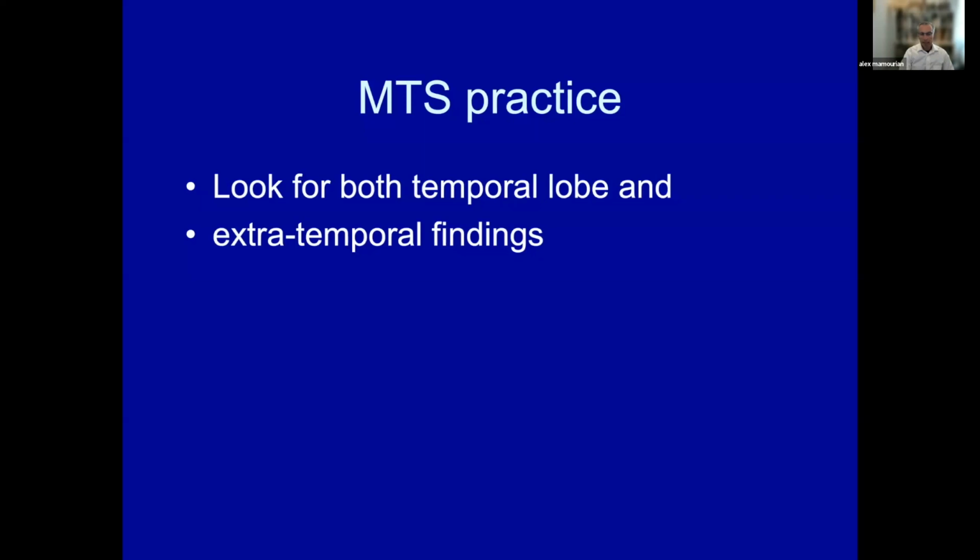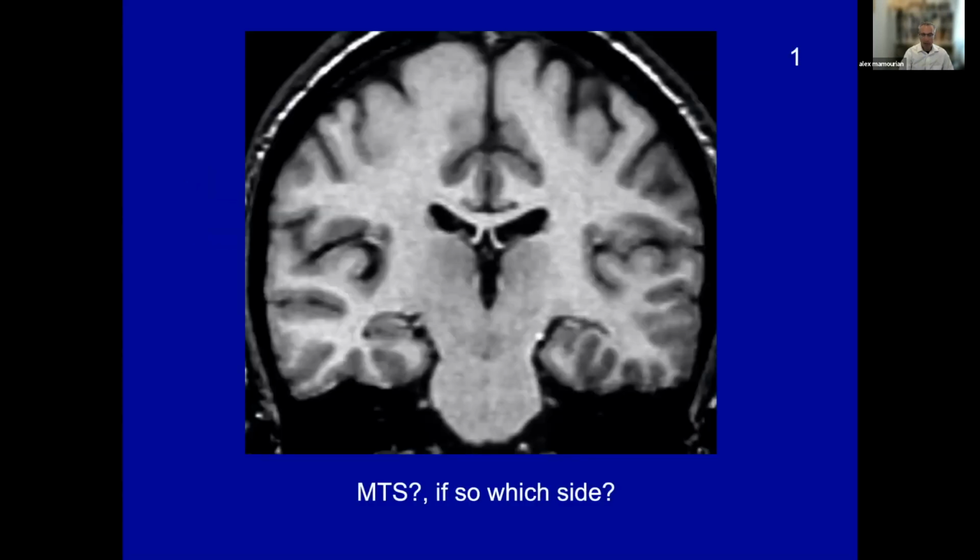So you're going to look deeply into the temporal lobe with as high quality imaging as possible, preferably in a plane perpendicular to the long axis of the hippocampus. And you're going to look for these extratemporal findings, not as primary features, but as supportive features of abnormalities that you already see in the temporal lobe. So we're going to